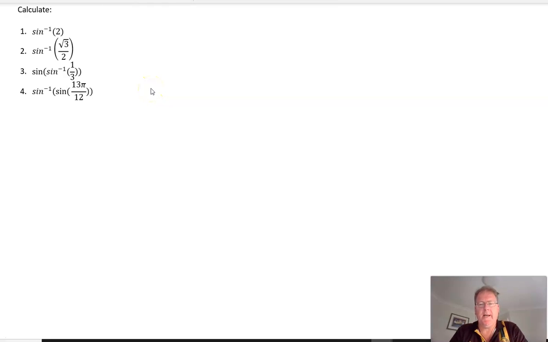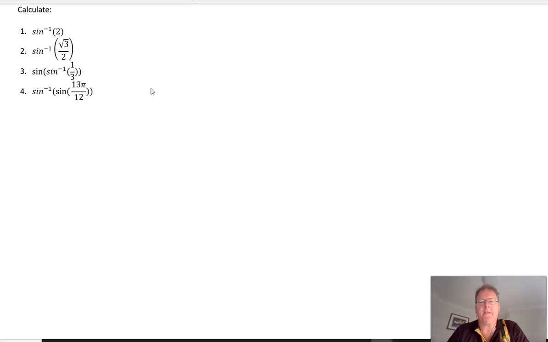So now we've investigated some inverse functions or periodic functions. Let's have a look at some examples of how we might apply the knowledge we've just gained. So there's 4 examples here. I've chosen sine for all 4 examples, but you can apply the same principles and concepts to cosine and tangent,